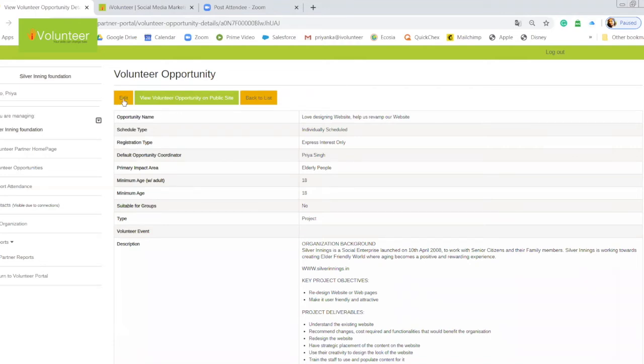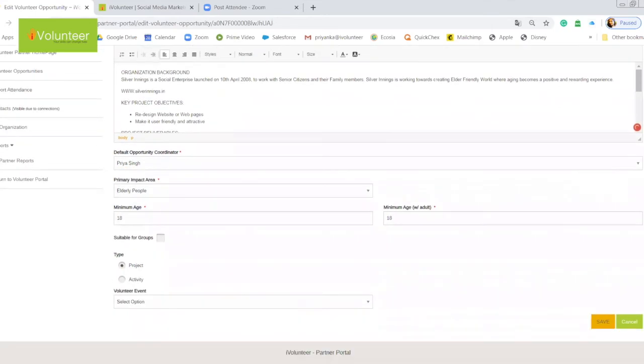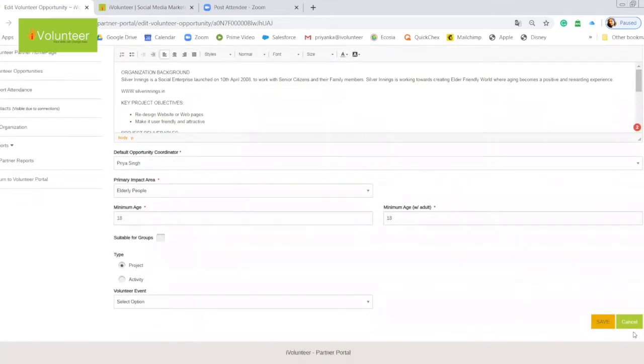Now, if I click on edit, it will go back to the similar template format which it was earlier, where I get to change the description and other stuff. This is just to show you how it will look.